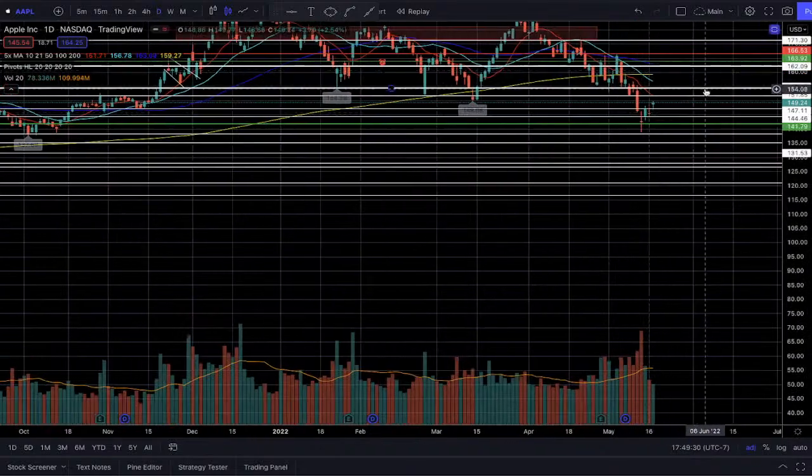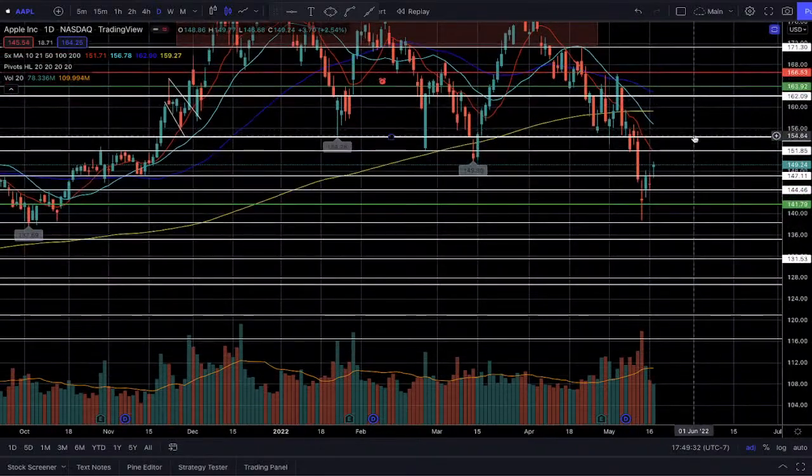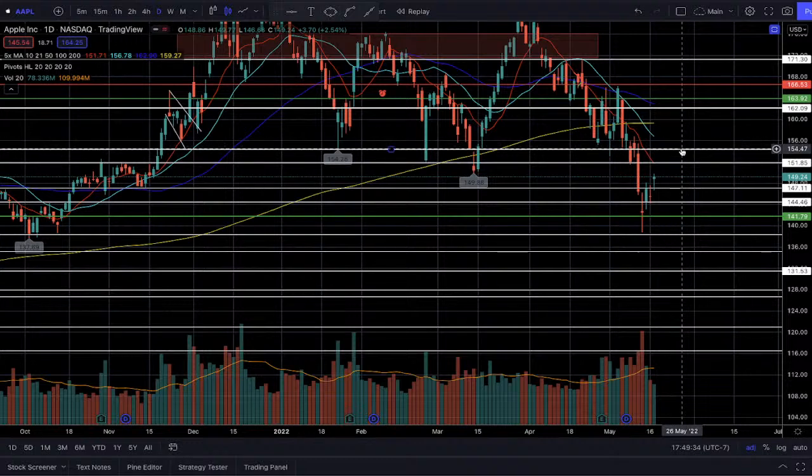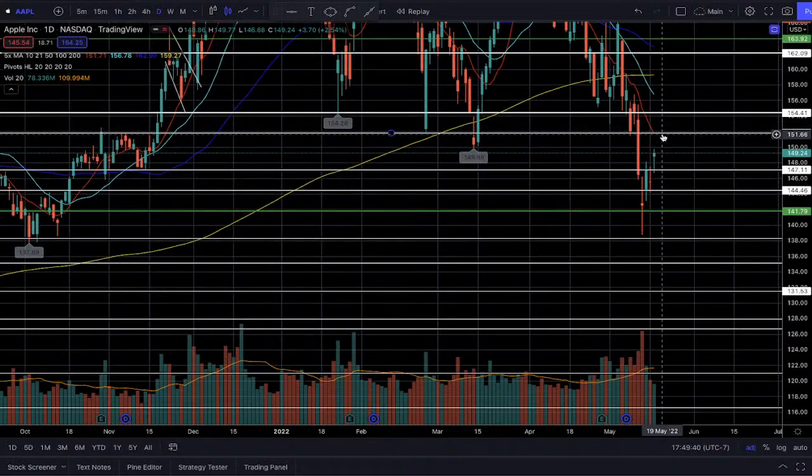So for Apple here, I have 155 calls for next week. I'm going to take profits around 151 or 151.50, or just a simple retest and rejection at the 10 SMA is fine with me. So you guys don't always need to have a specific price level for your price target, but I highly recommend it. Obviously you want to do that, but if you know what you're doing like me, I got in